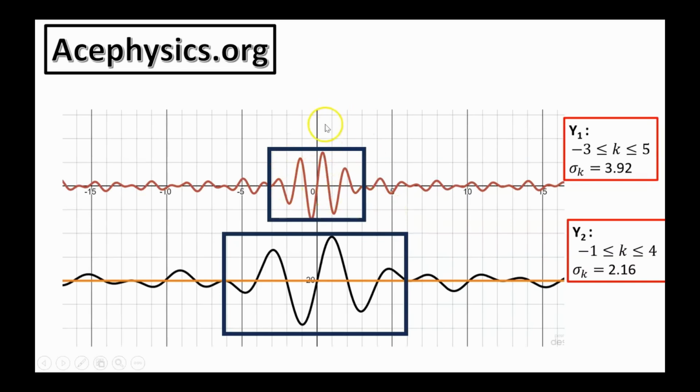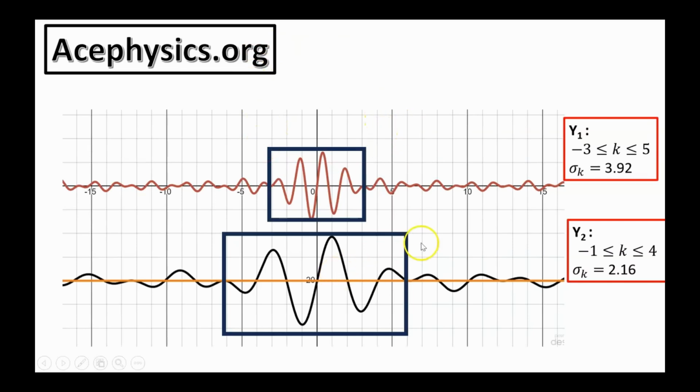This is function y1, and this is function y2. y1 has k values that range from -3 to 5, and so the k values are more spread out, and the position is more concentrated. This function was made up of a sum of 20 sine functions, but those sine functions had k values that range between -3 and 5 in equally spaced units, and that makes a particle that's confined between -3 and +3